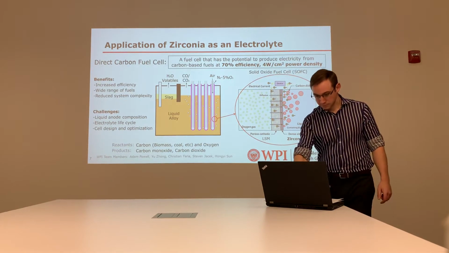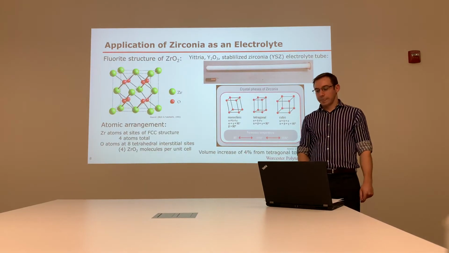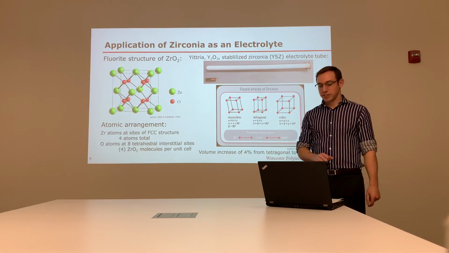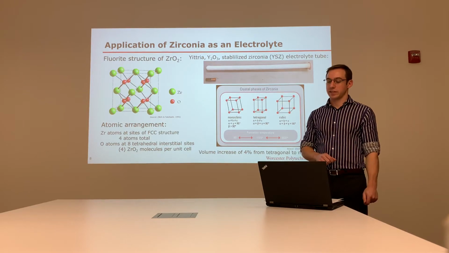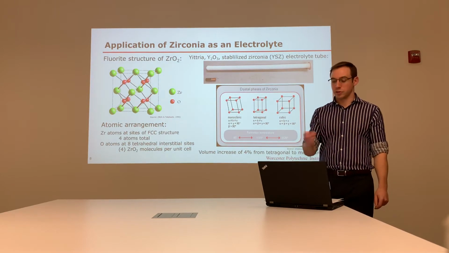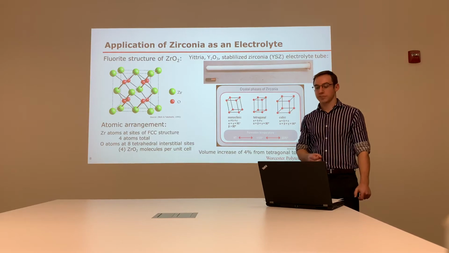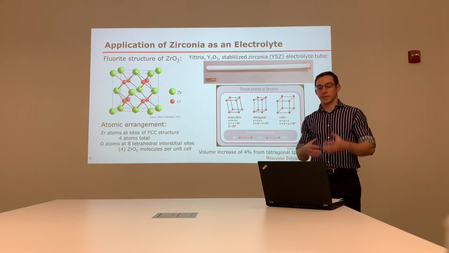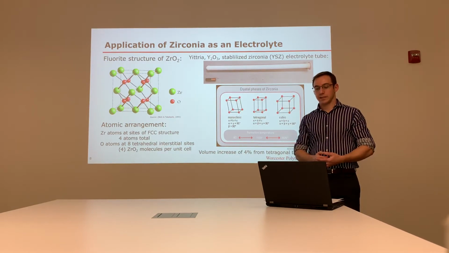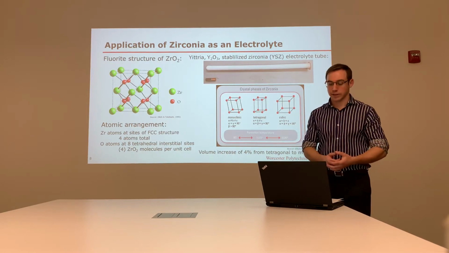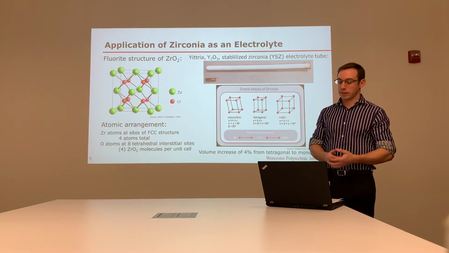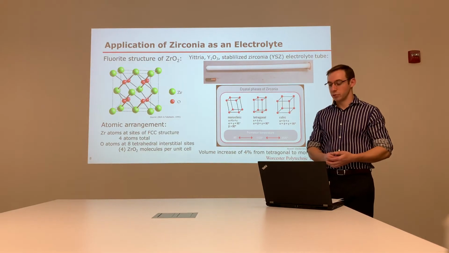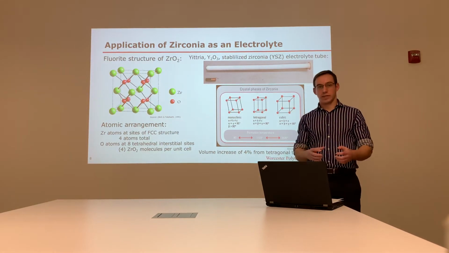So in the image on this screen here, you can see this is actually a yttria stabilized zirconia tube that we'll be using in our experimental apparatus. And you can see that the zirconia is a white crystalline material, and it is actually stabilized with yttria. The reason for doing that is yttria prevents zirconia from going through a change in its atomic